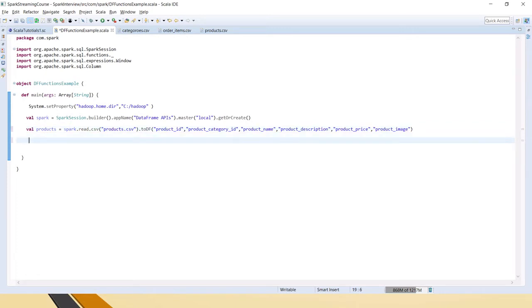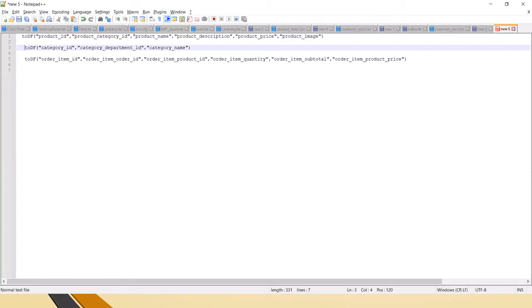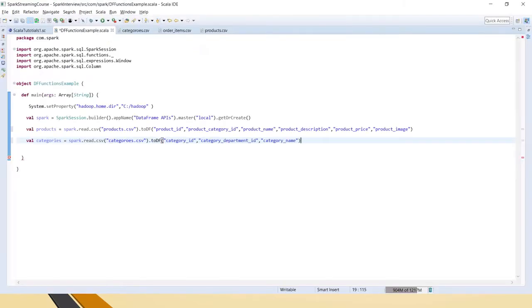Okay, so similarly let's create the data frame for categories, with toDF, and we'll put it like this.